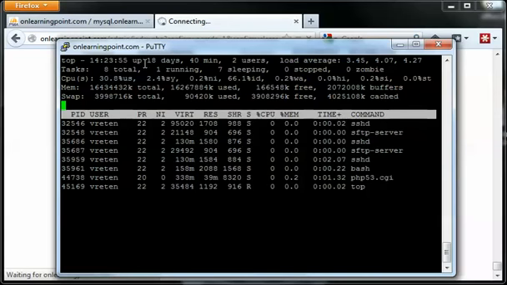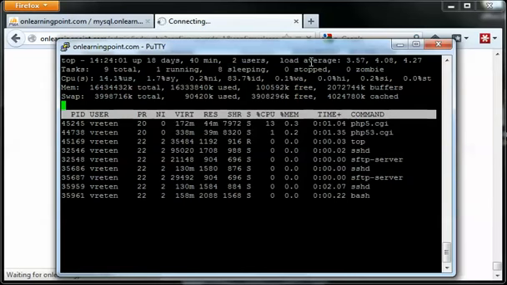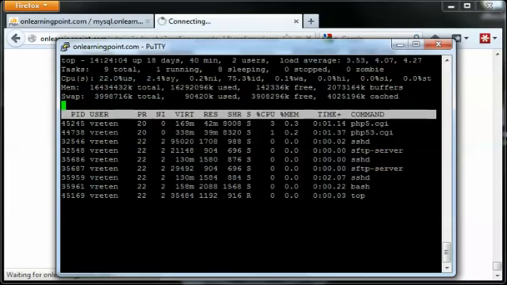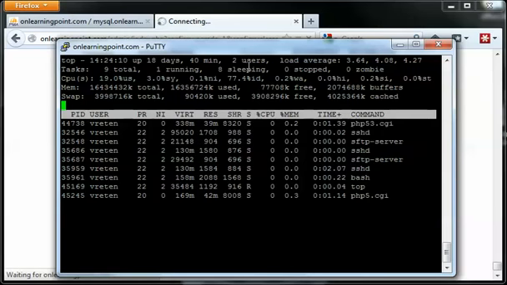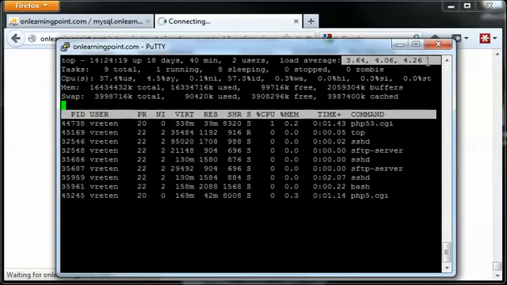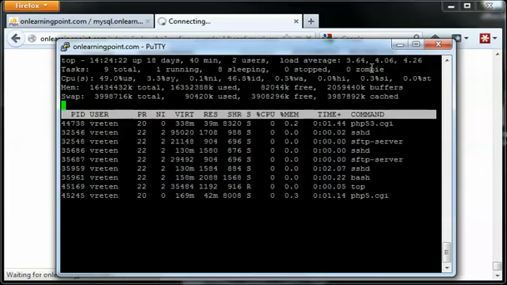But either way, it shows you how long the server's been running, and how many users are currently on the server. In this case, it only shows my user because I own my own process. This is the way they have this configured, very, very securely, where I can't see any other users. And then it shows how much of a load I'm actually creating on the system. 3.6 is a very, very high load. Anything over 1